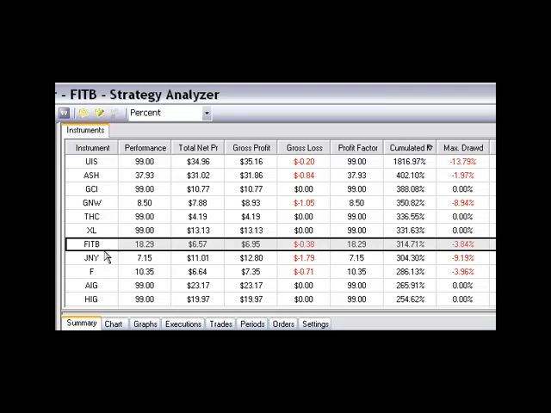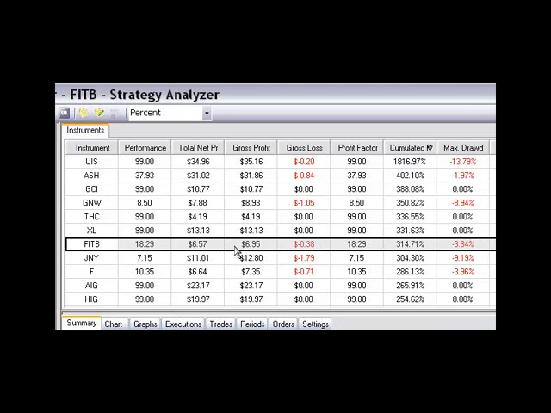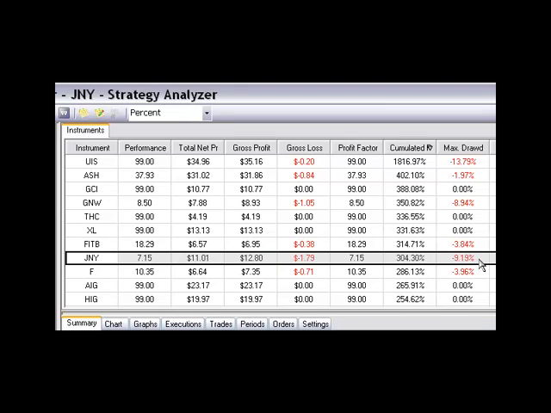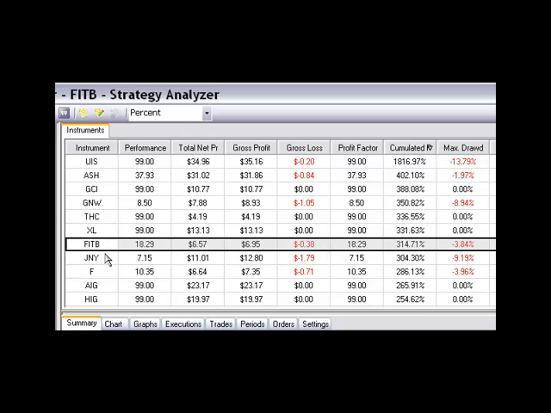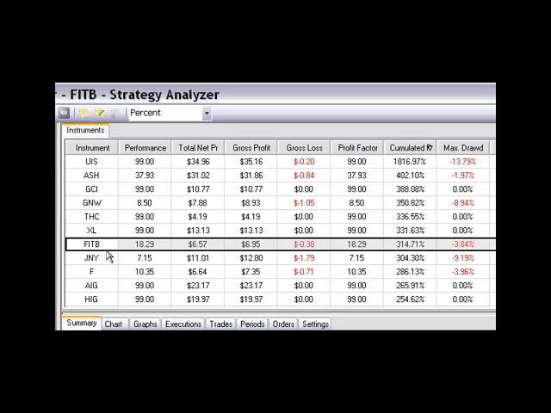As an investor, I would probably pick FITB over JNY if I had to choose, simply because psychologically it's a lot easier to handle a 3.5% drawdown than it is a 9% drawdown on the amount that I have invested. You could certainly have chosen to invest in both of these and done extremely well, obviously. But I'm simply providing another piece of information to use and to pay attention to when you're selecting which stocks to